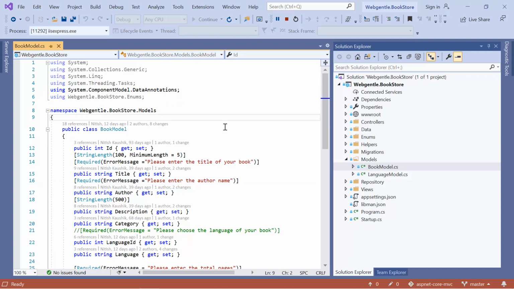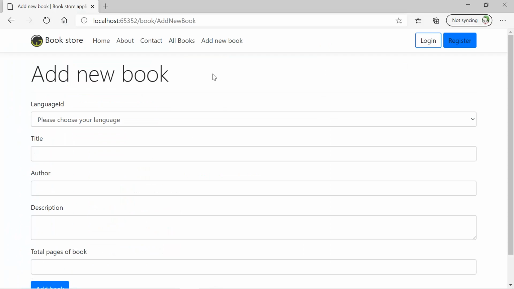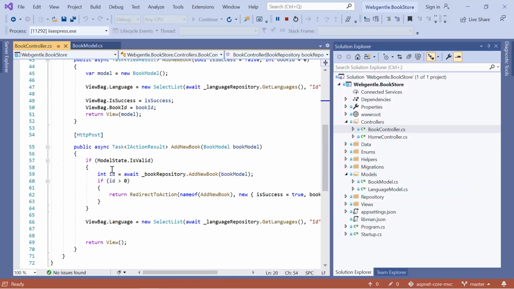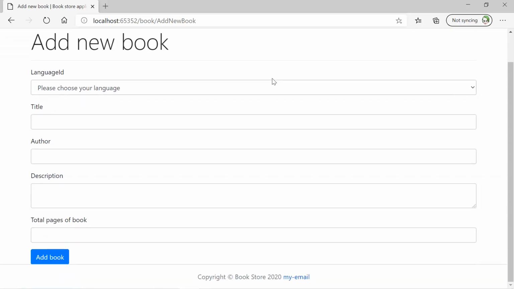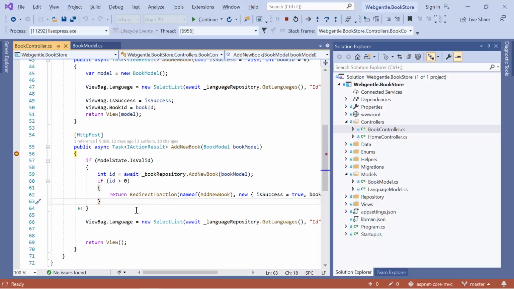Let's understand that concept first, and let's put a breakpoint into our controller class. This is the post method of adding a new book into our database. So here is the post method, and let's put a breakpoint over here. We have already implemented some validations in some previous videos. Now without adding any data, I am going to click on this add book button. This time you can notice that we got the request here on the server, and this breakpoint got hit. Let's click on the continue button.